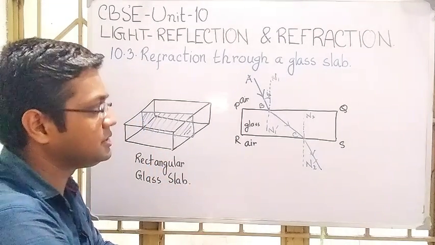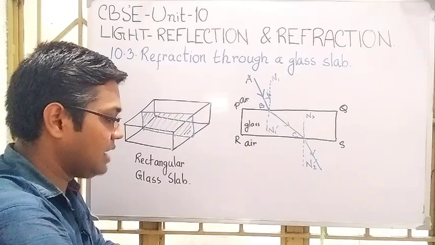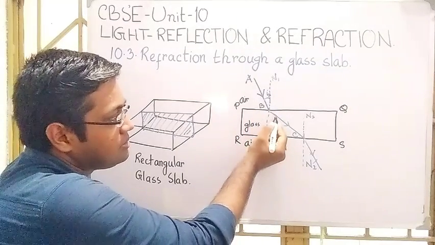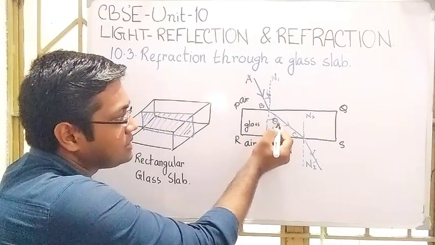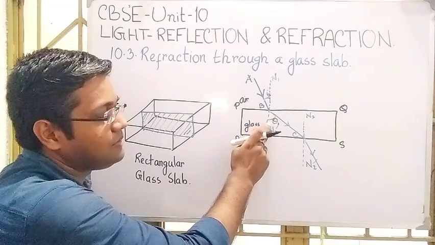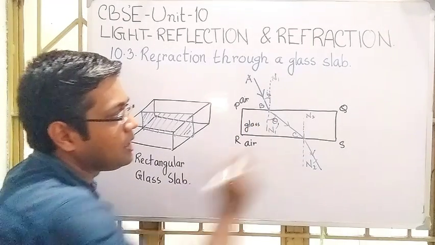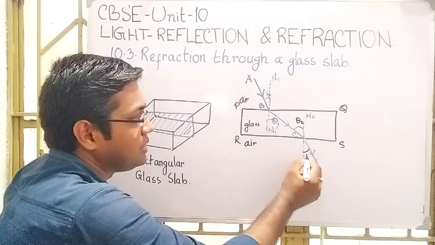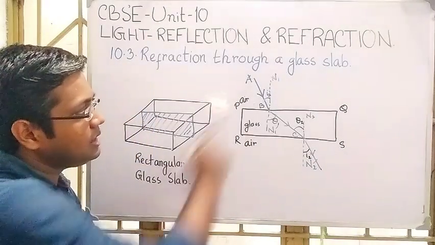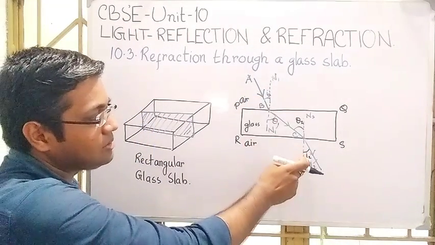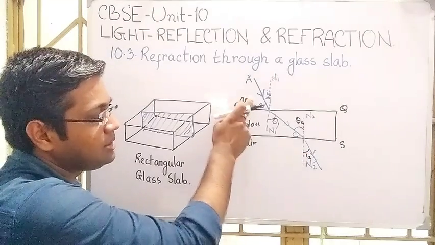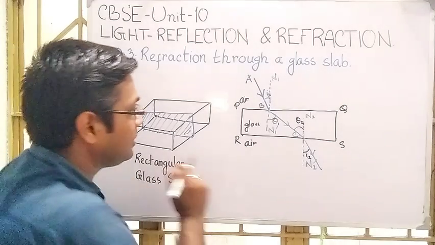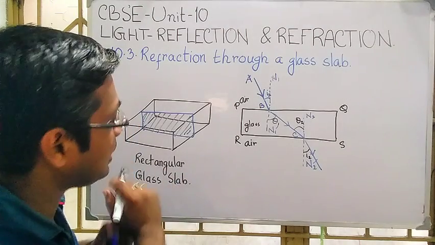Now I try to see an interesting fact, and we will try to prove it mathematically. Here I1 is as shown, and we consider theta 1 the angle of refraction for the first surface. Let us consider this as theta 2 and this as I2. I1 is called the angle of incidence and I2 is called the angle of emergence. So there are two refractions.